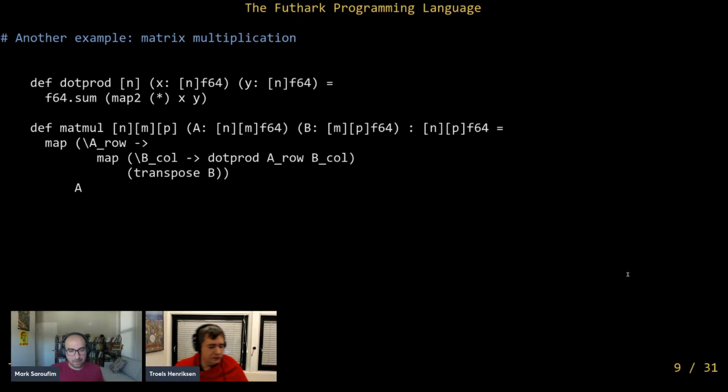Yes, so the language itself is completely deterministic, if you ignore certain things. If you do a summation on floating point numbers, it doesn't specify the order, so you might get some non-deterministic round off. But apart from stuff like that, it is fully deterministic, which means if you actually need randomness, you need to use standard functional programming tricks to get it, which usually involves manual management of a random number generation state. I see. Okay. And you do that in a very conventional way. In that way, programming in Futhark is very similar to programming in something like OCaml, or the pure subset of OCaml.